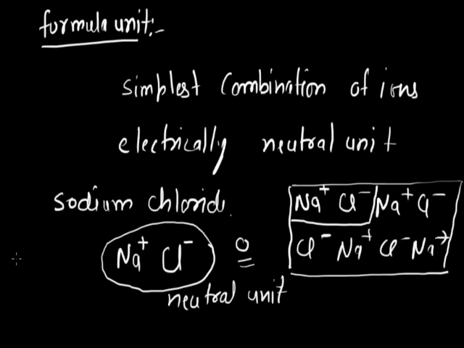Now, we can also say that its formula unit shows only the ratio of ions. That means Na plus and Cl minus shows that the ratio of sodium ions and chloride ions in NaCl is 1:1. Now we can take another example of